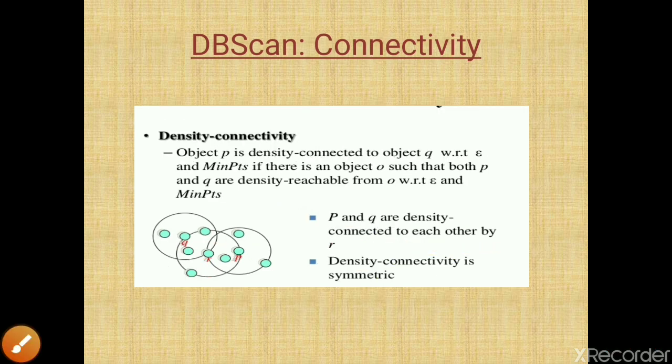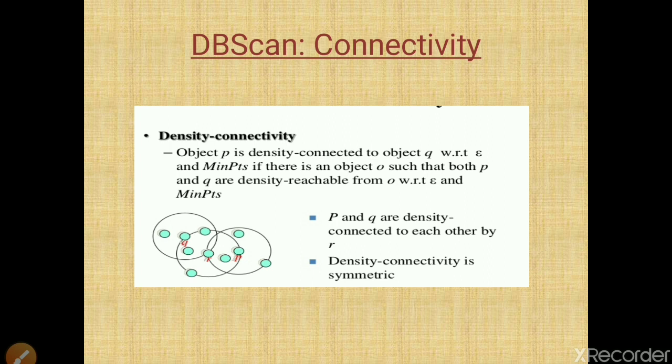Okay. Now next is density connectivity. For density connectivity, the definition is: object P is density connected to object Q with respect to epsilon and minimum points if there is an object O such that both P and Q are density reachable from O with respect to epsilon and minimum points.